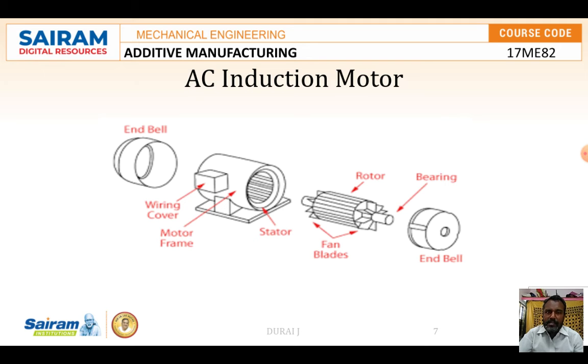This rotating magnetic field causes a magnetic field to be set up in the rotor also. The attraction and repulsion between the two magnetic fields causes the rotor to turn. As a result, it completes one full rotation for one full cycle of the current. The direction of rotation can be changed by interchanging any two coils, that is, any two line connections.